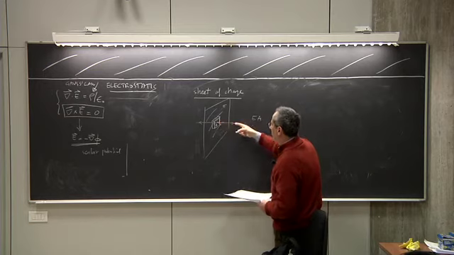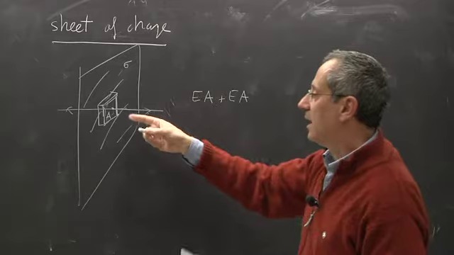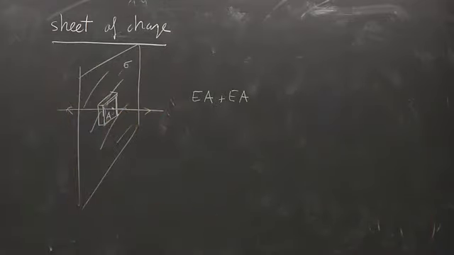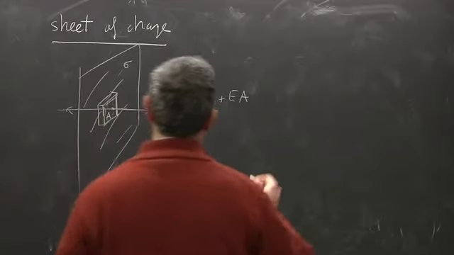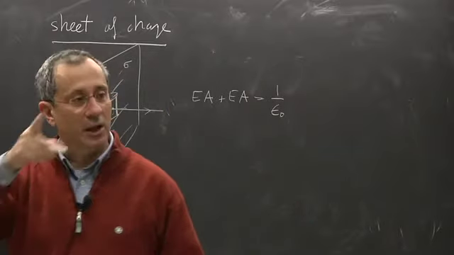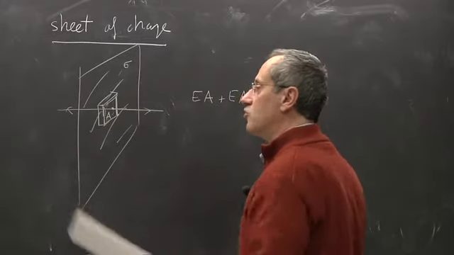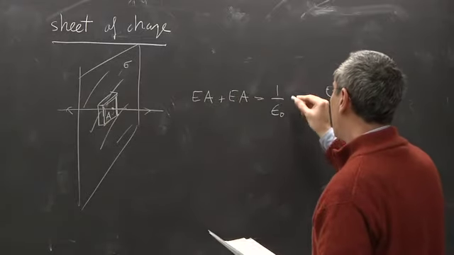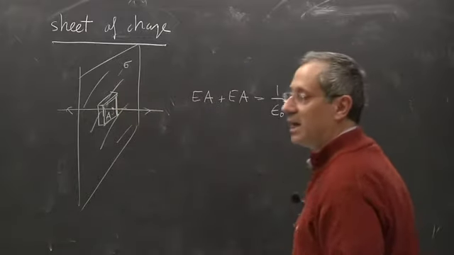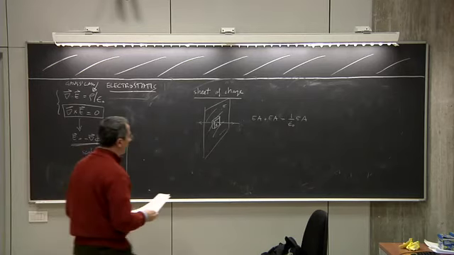So I have, from this side and also on the other side, this is the total flux of E outside this little tiny box. And this must be equal to 1 over epsilon naught, right, the integral over the volume included in this little box of the charge inside. So this is just sigma, and sigma times the area. So again, the unit area can drop out, and you get that the electric field,